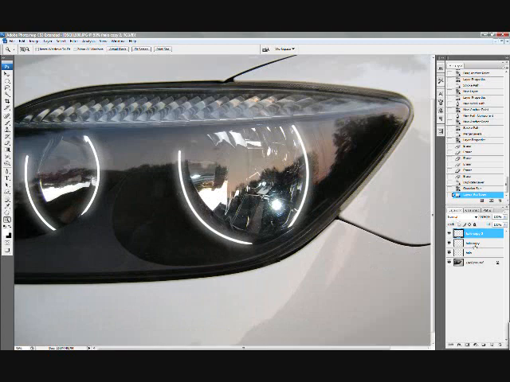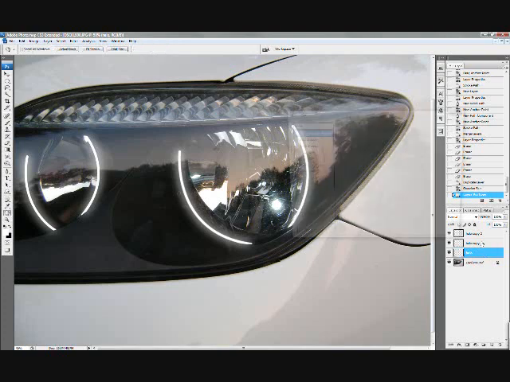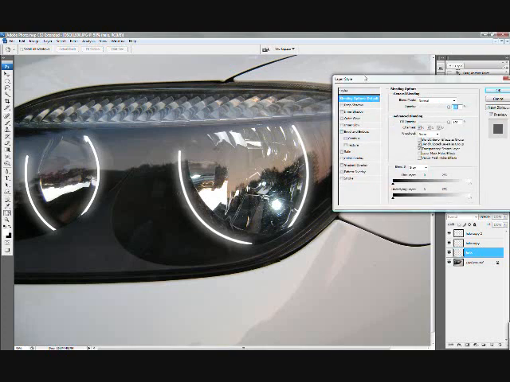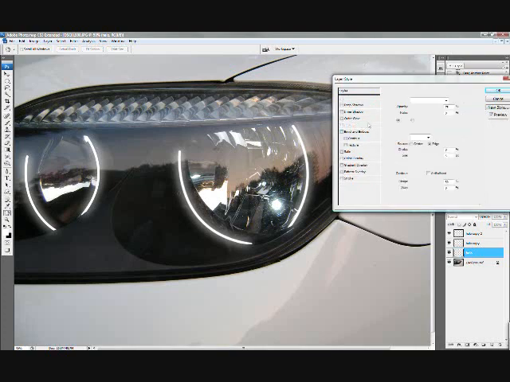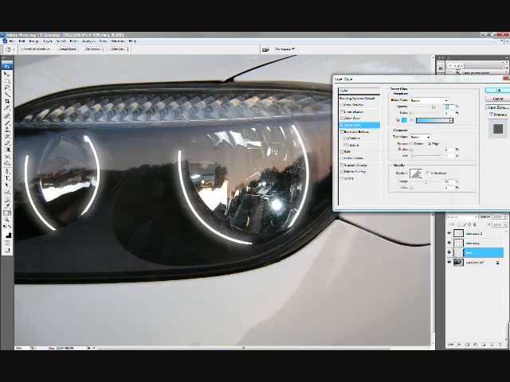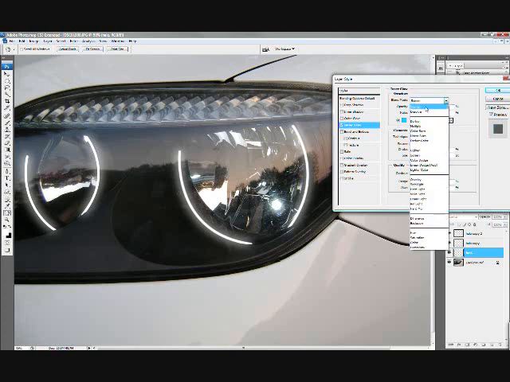So what I'm going to do is go to my first layer, and I'm going to give it a layer style. I'm going to double click on the side until my layer style palette pulls up, and I'm going to give it a little inner glow. Now right now it's set to screen and the color is set to a light yellow, which we don't want. We want something cool like a blue. You won't be able to see it right now because your blend mode is set to screen. Move that to normal